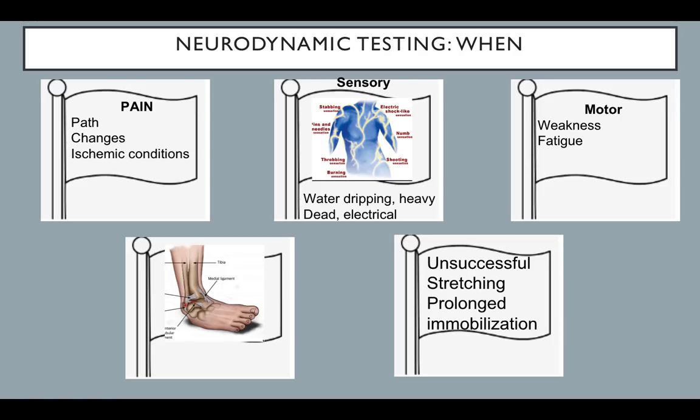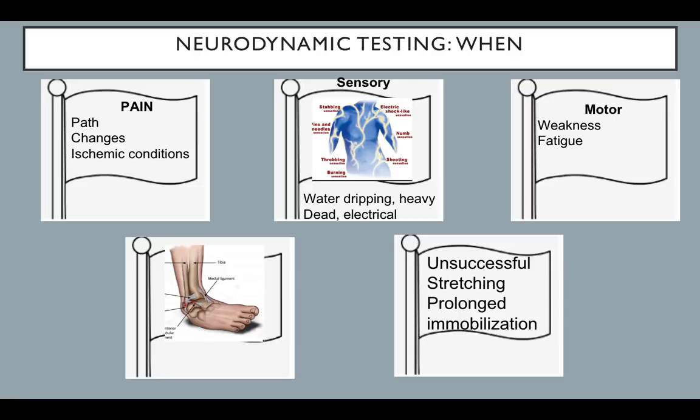So when should we look at neurodynamics? Does every patient need a thorough assessment of the system? My advice to you is that these subjective flags should get your attention. These flags include pain in the path of a nerve or pain that changes often. Some patients say their pain has a mind of its own. Pain during ischemic conditions, including night pain or pain with static postures, or pain with cold temperatures, may also indicate